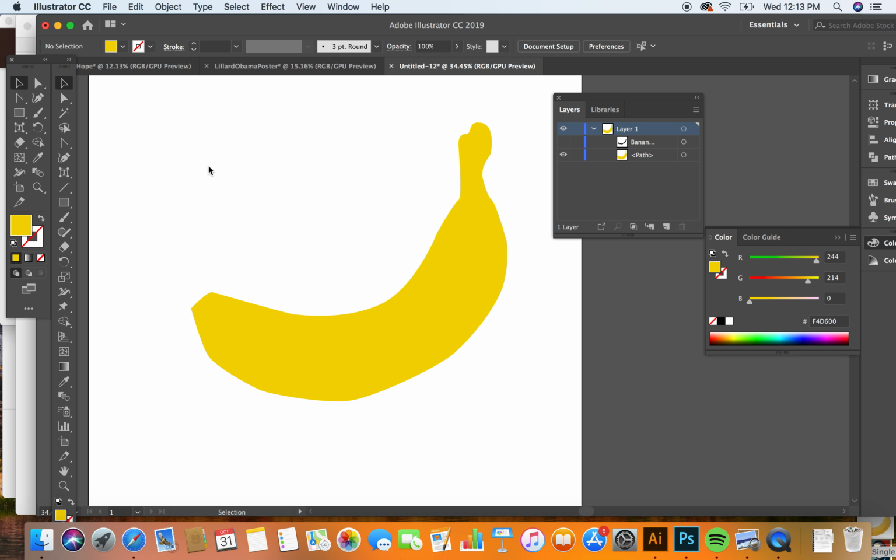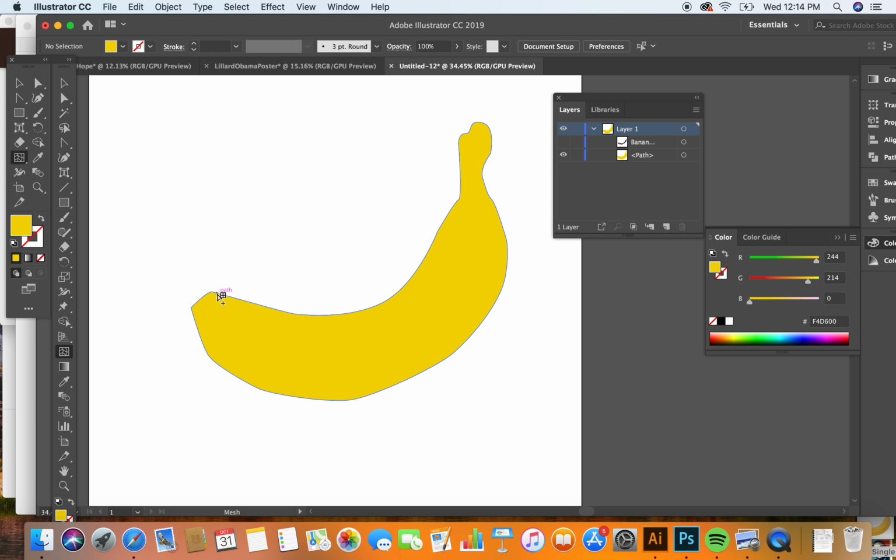All right, so for warm up today, please open the banana that you traced with the pen tool yesterday for yesterday's warm up. When you have that open, go ahead and scroll over to your toolbar until you find a tool called the mesh tool. It sort of looks like a rectangle with some curvy lines crossing over one another. Click that